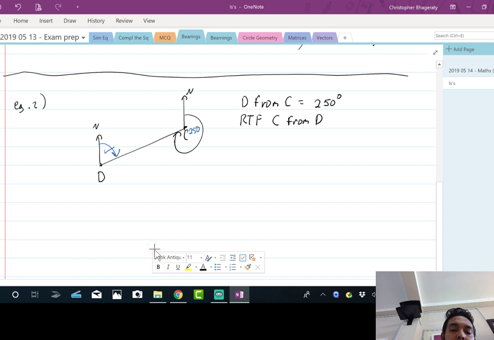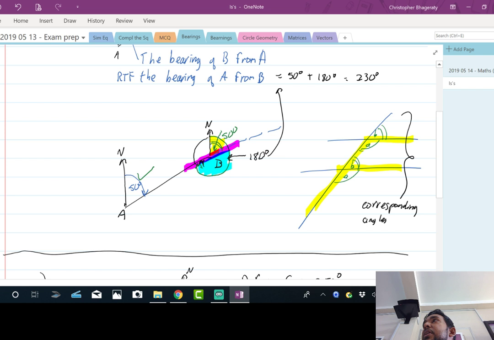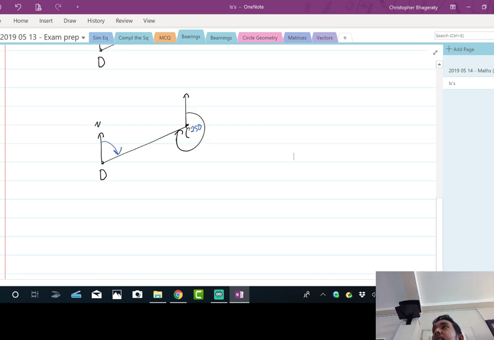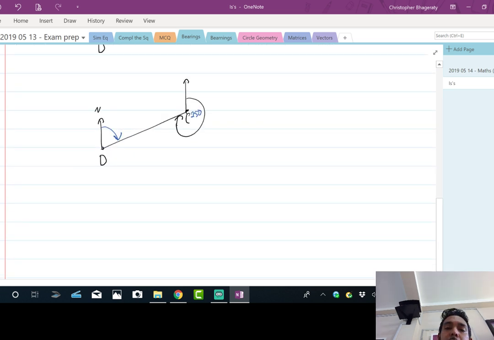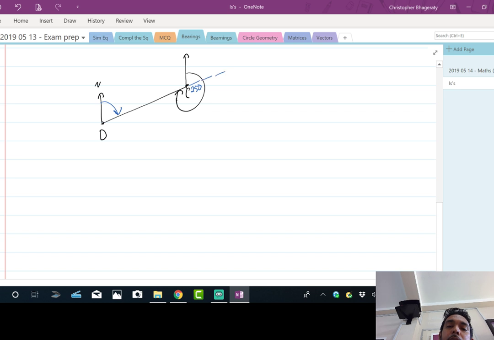All right. So what we used up here just now, we used the fact that the north lines were parallel and made use of F angles. And we also made use of the fact that the angle on a straight line is 180 degrees. So the trick behind getting through bearings questions is extending lines to be able to cut bigger angles into smaller angles and using the relationships that become apparent. So if we extend this line again, we would cut that 250 degree angle into two pieces. Of course, the bottom piece here is on a straight line, so that's 180. And the remaining piece on top would be the 250 minus the 180, which would actually give us 70 degrees.